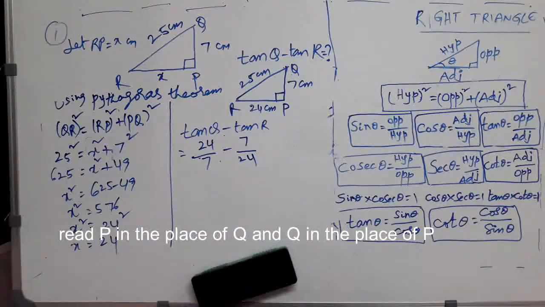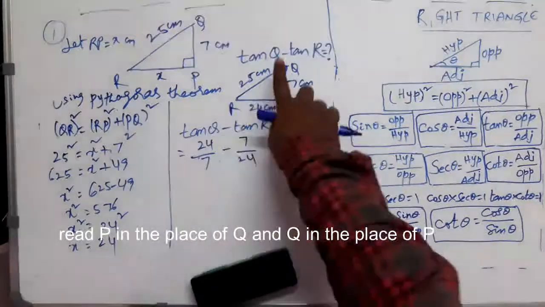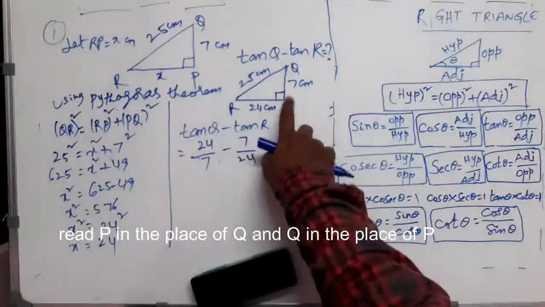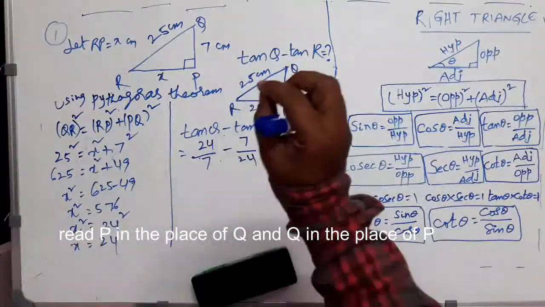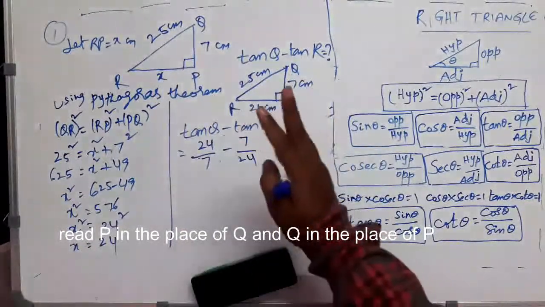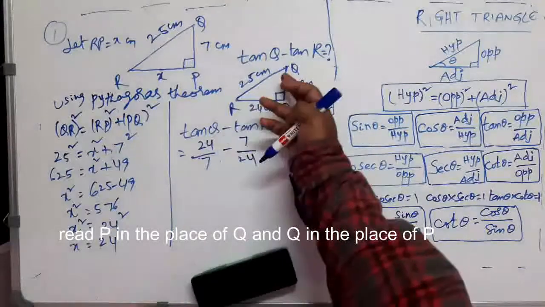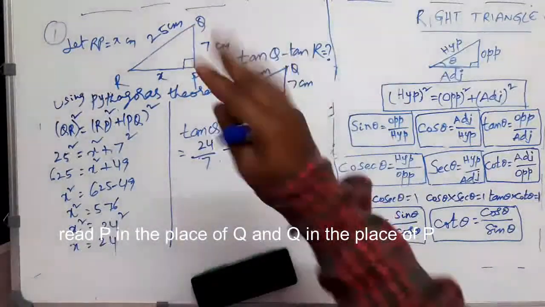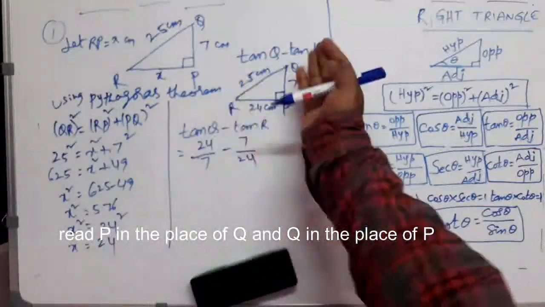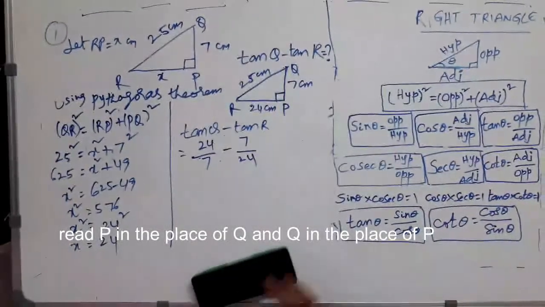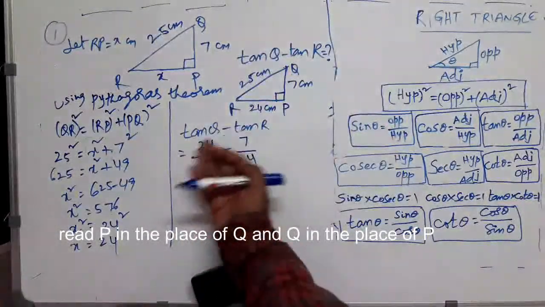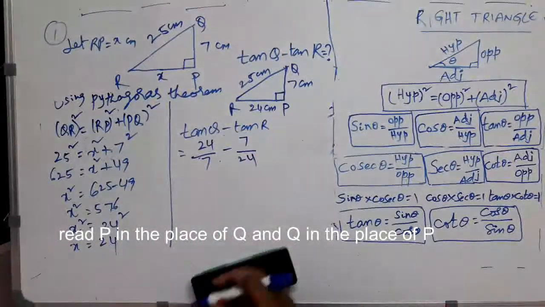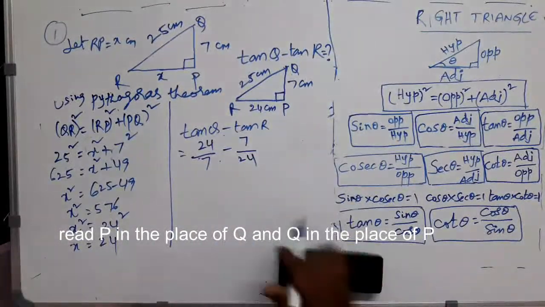Don't get confused. In a right angle triangle, leaving this one right angle, the remaining two angles are acute angles, obviously less than 90. For any of those two, you can write all the 6 ratios, 6 values, if you know the lengths of the sides. Of course, in this case, you are supposed to find simply this value. So simply we are writing 2 values, ratios. You can simply simplify further.